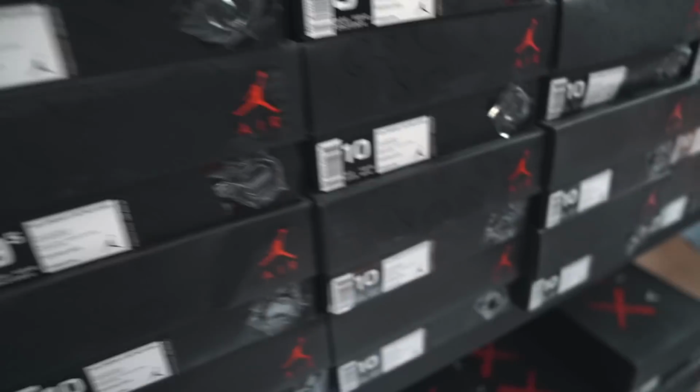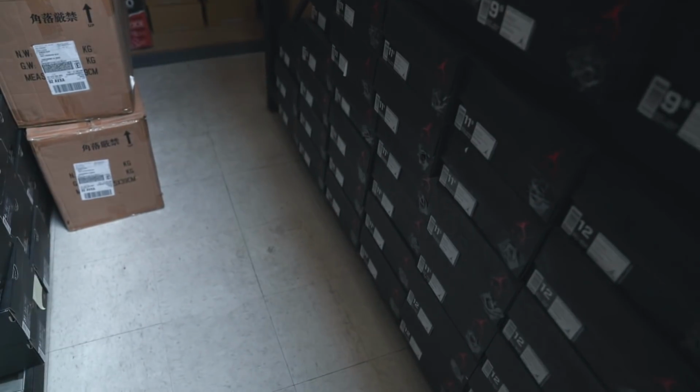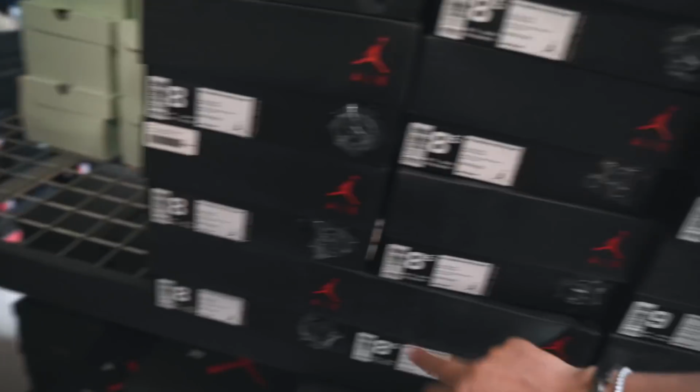Are you witnessing this? Are you actually witnessing how many pairs we have in? Okay, yeah, also I've got a zoom lens now, so I'm kind of liking it, but should we try and count? 1, 2, 3, 4, 5,